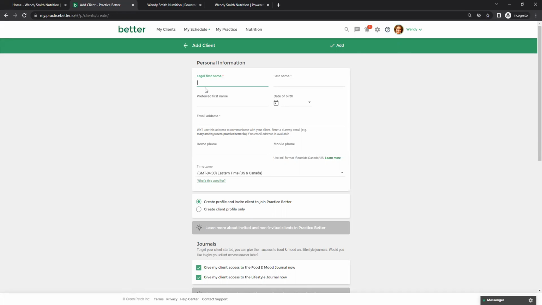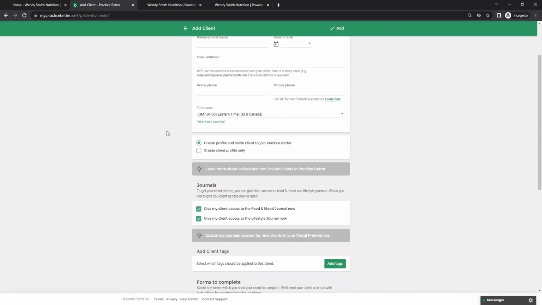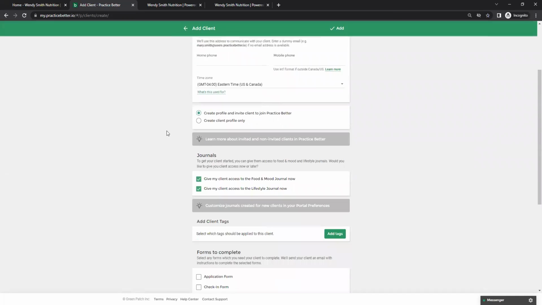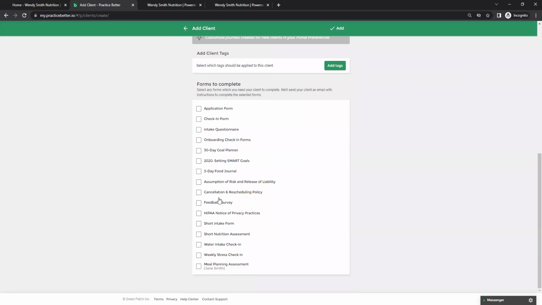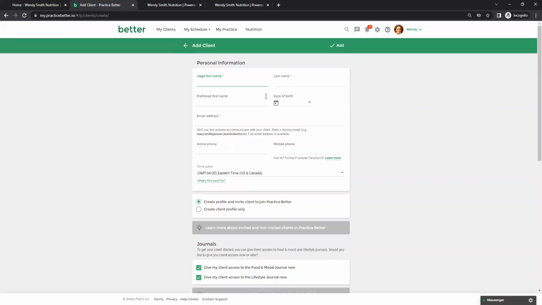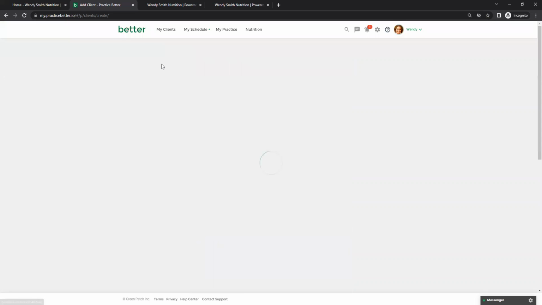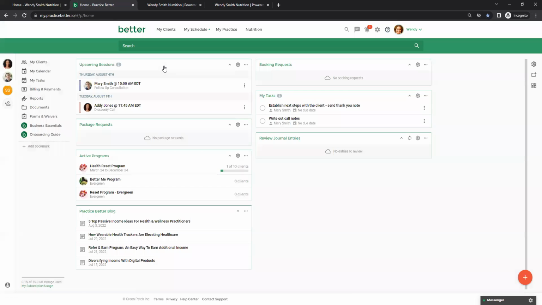And then, you can use your own name, or you can use a fake name. But again, this is just going to be your test client so that you can test it out for yourself. So once you get yourself set up, if you want to send some of the forms to yourself so that you can see what those look like, the whole point is that you practice from time